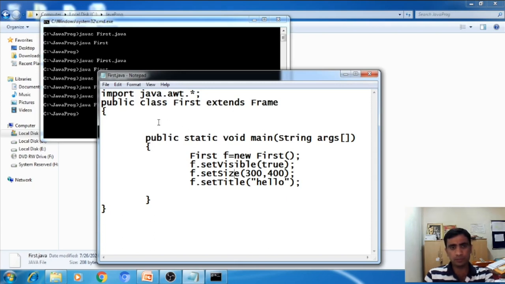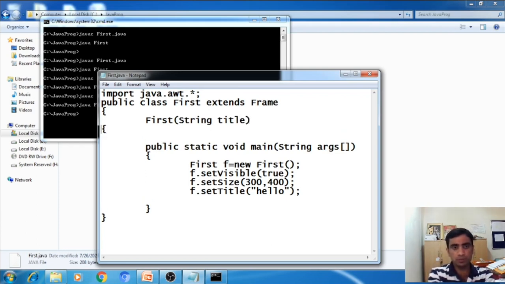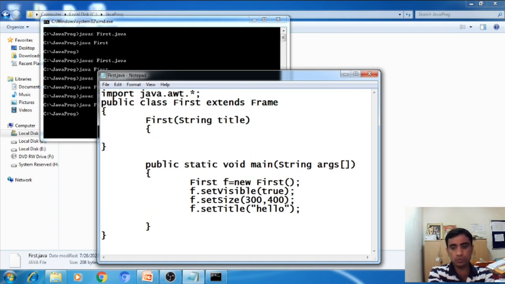Now what is the way? Here I will write a constructor first. In brackets we are going to use the second constructor of a frame, that is the string title. For example, if I want to give the title of the frame as CO5UI.